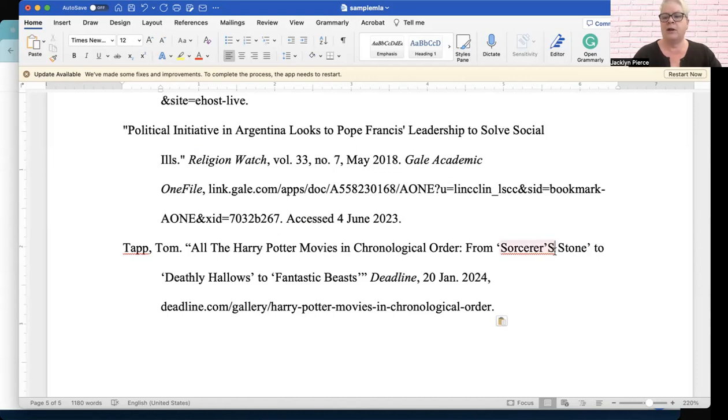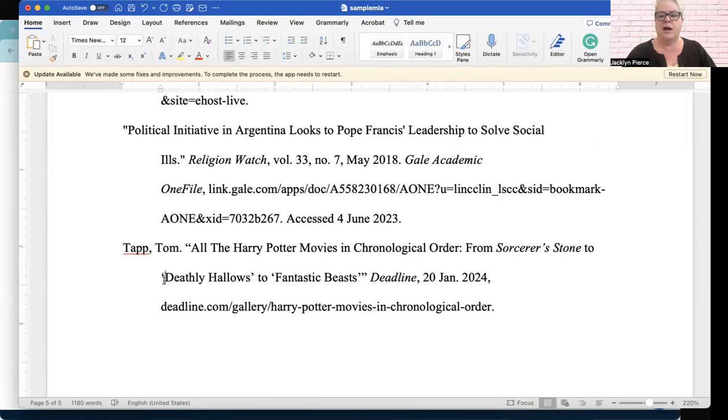Now I am going to make this S small. I don't know why that S is giant, but we're going to make that S small. That's it. That's all you got to do. Now I do have one tiny problem with this citation, and that is that movie titles in MLA do not use quotation marks. They use italics. This is one of those things where if you didn't fix this, I would not hold it against you, because you are getting the information from a place that's doing it wrong themselves, and I don't hold that against you.